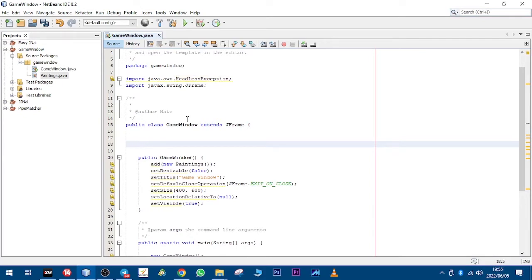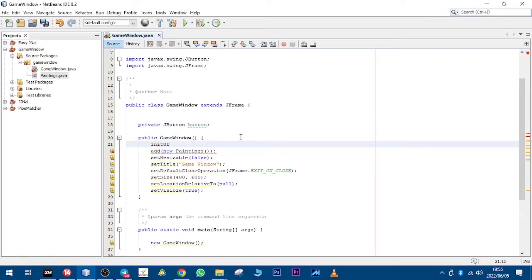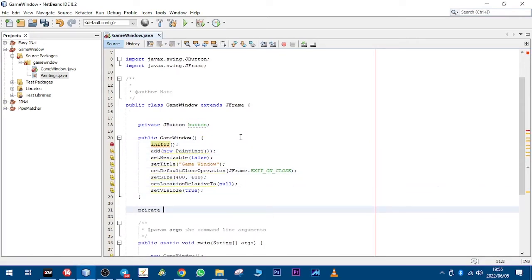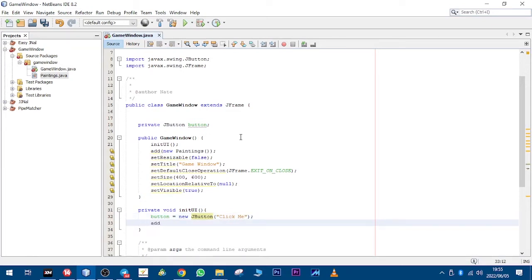I'm gonna say private JButton. Just gonna call it button. Okay, now I'm gonna create a method here. I'm gonna call it init UI. Okay, I'm going to initialize that button, and this time I'm going to call it click me. And then now I'm going to add the button